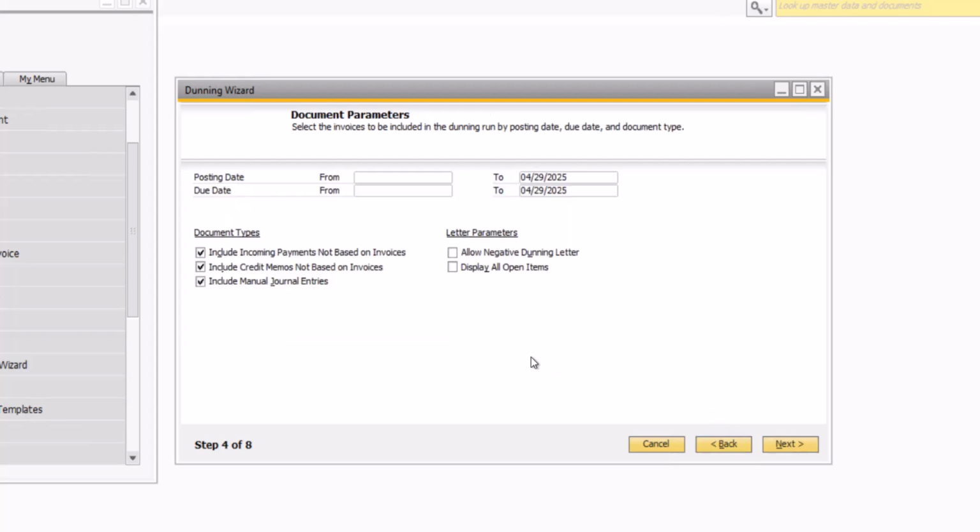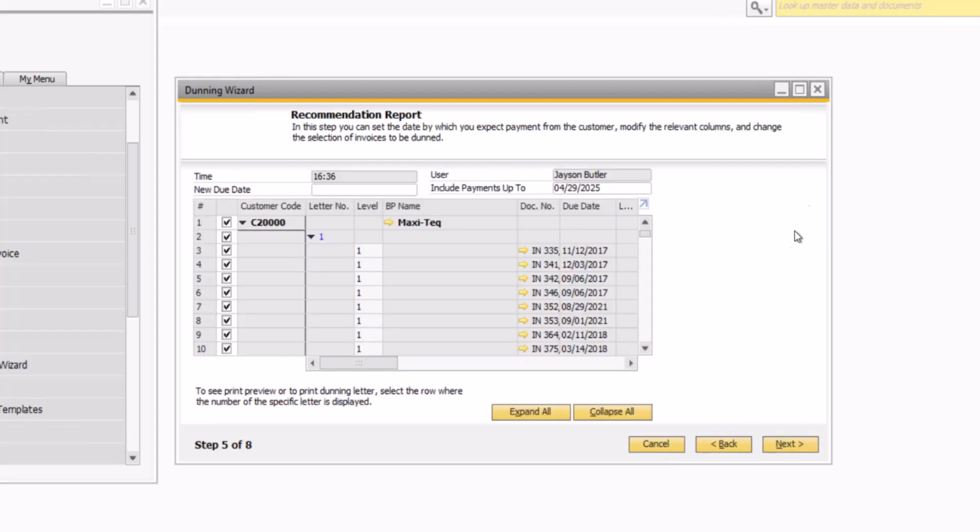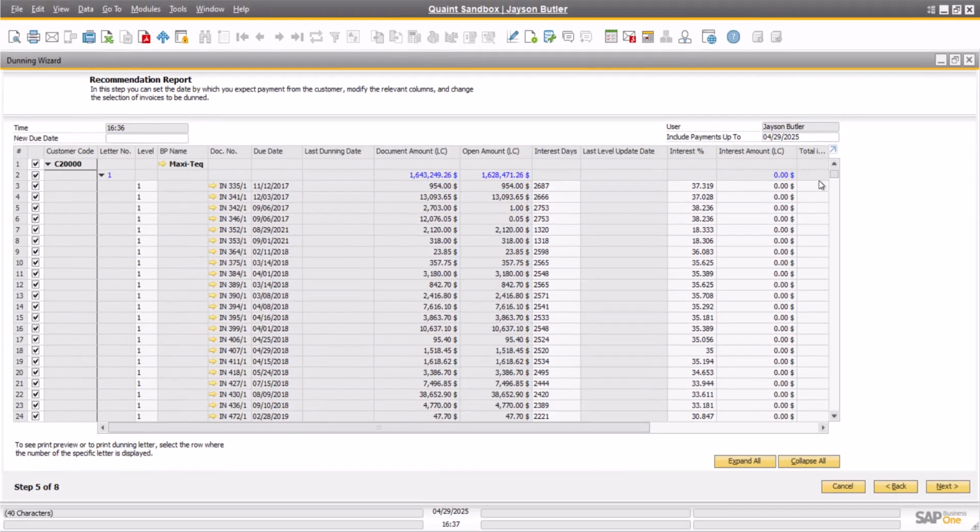In step 4, you will define the posting date and due date ranges for the invoice selection. You can also define additional considerations for different document types and letter parameters. Step 5 provides a recommendation report for all of the selected customers and documents that fit the selection criteria from the previous steps. As the wizard suggests, in this step, you can set the date by which you expect payment from the customer,